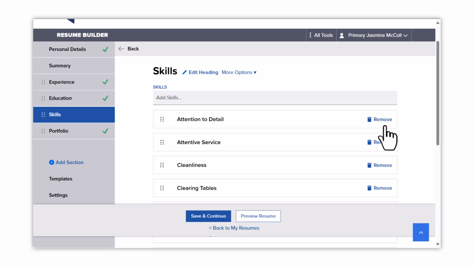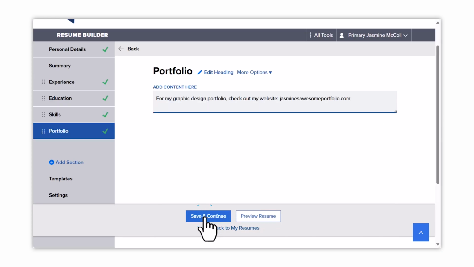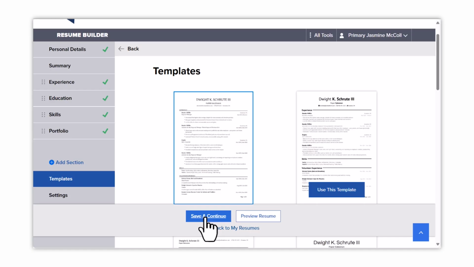Once you have filled out all the sections you'd like to include in your resume, you can click Templates at the bottom of the left side of the screen, or Save and Continue if you are on the last section screen. Here, you can choose how you'd like your resume to look. Remember that the order in which sections will appear depends on how they are ordered on the left side menu of the tool. If you don't want something in your resume, don't fill in the box. Ignore it, and it will not be included in your resume.